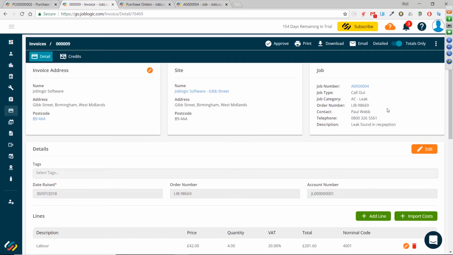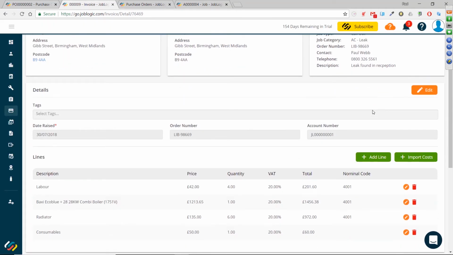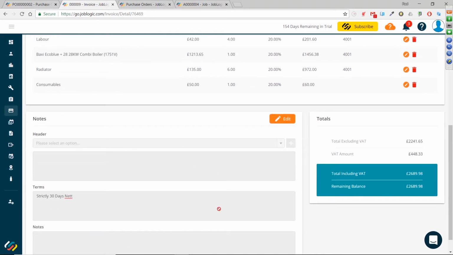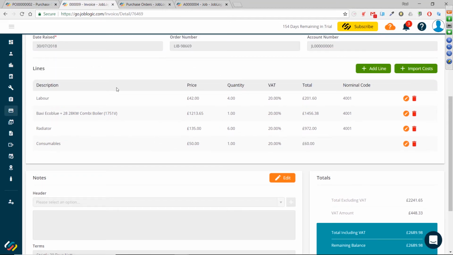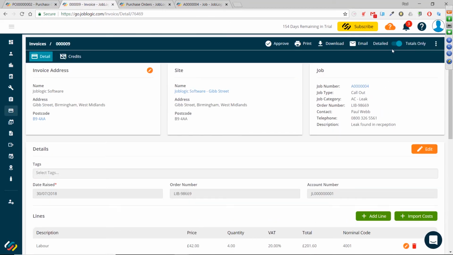Whereas a totals only will only give them the terminology, as in the description of your job or any notes you put in down here, and the bottom price. It's as simple as that. It leaves this section out. So let's have a look at the detailed one first. So if we hit print, like so,